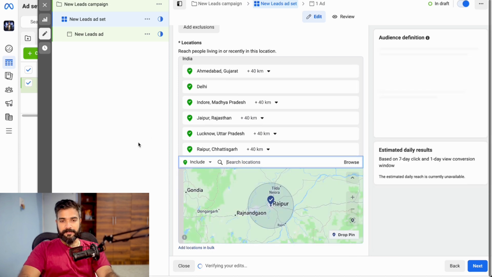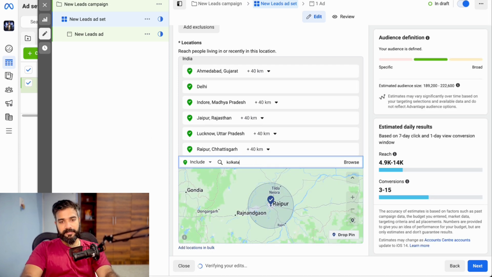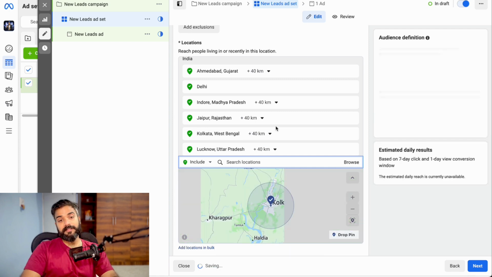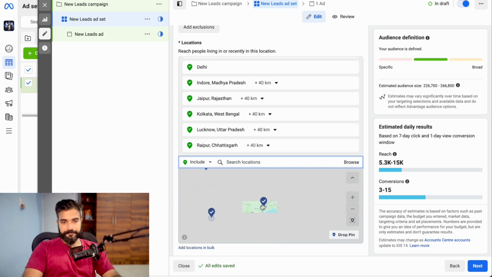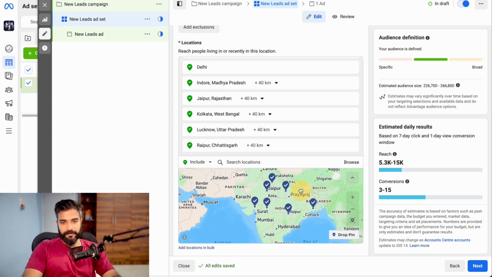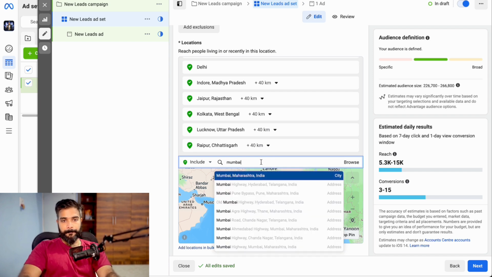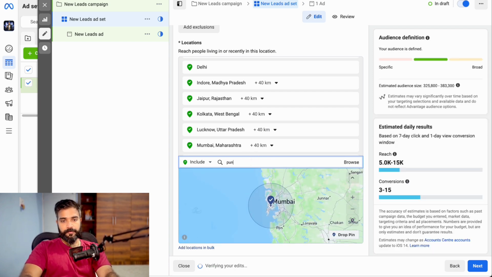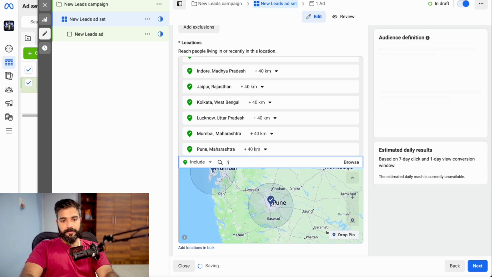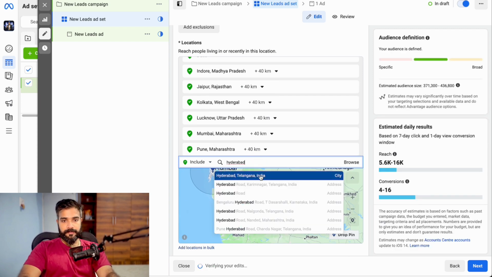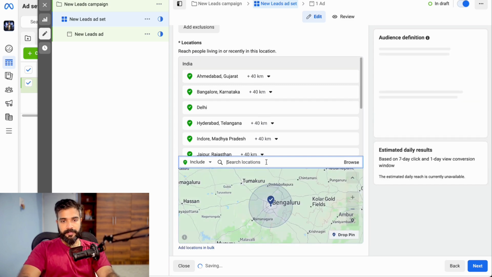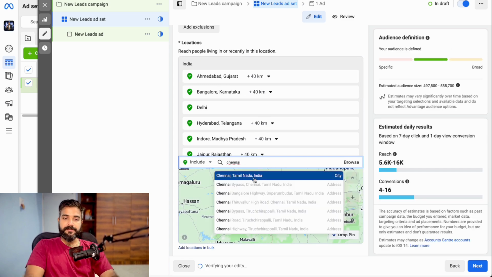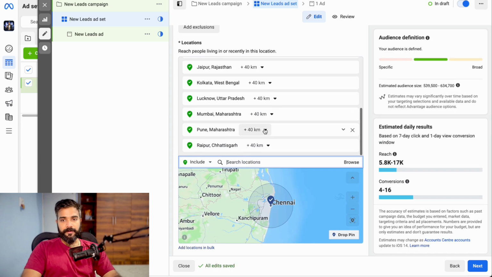I thought Kolkata as well. Kolkata is one, but I didn't get too many great customers from Kolkata for some reason. I have some, but not a lot. Okay. So there we go, from north to south. Did I miss anything? No. We'll go to Mumbai. There we go. We got Pune. We got Hyderabad. Then we got Bengaluru. Then we got Chennai. So this is literally the market that we want, right?